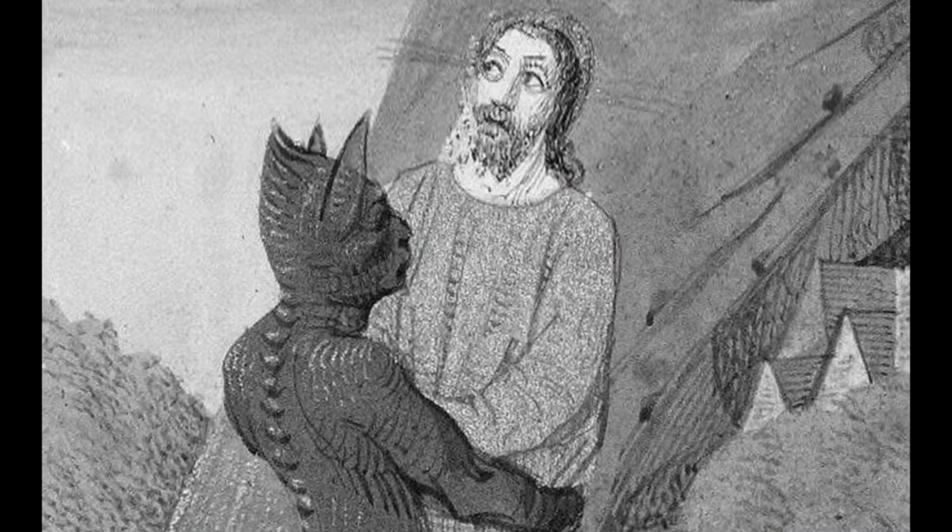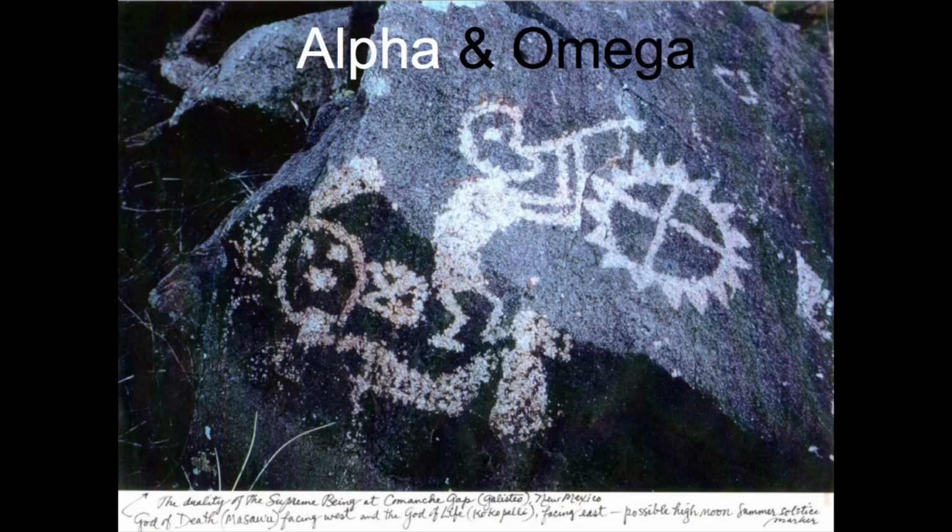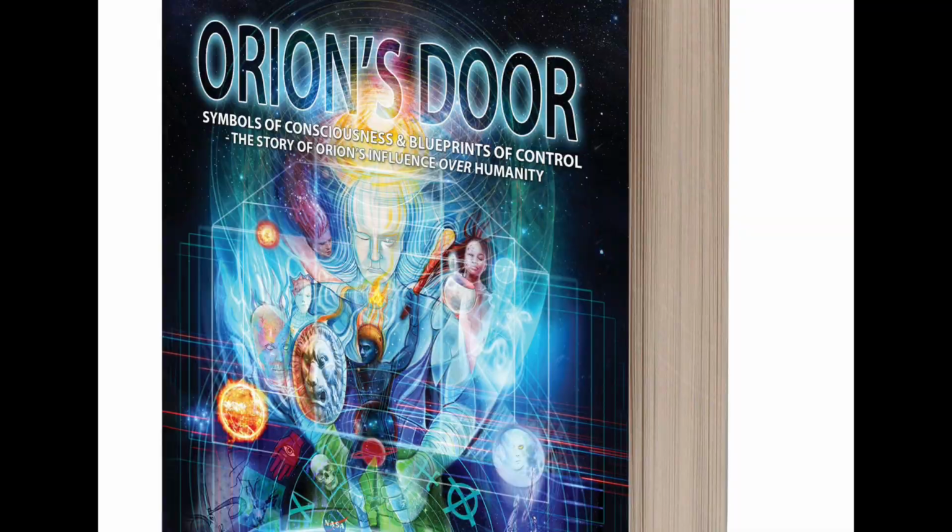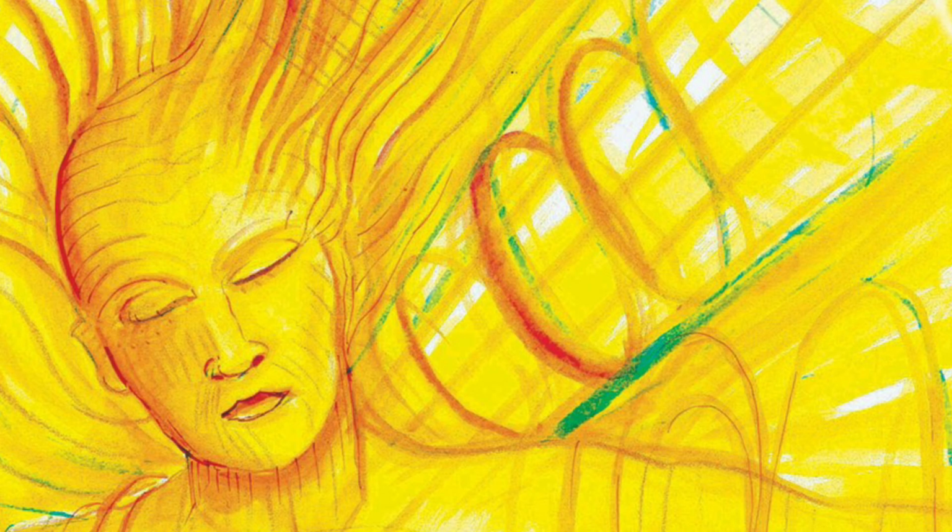When I look back at religious iconography and at some of the petroglyphs, like the symbols relating to the Hopi Indians, there is the splitting of what they call the creator, the supreme divinity, into two entities, one called Kokopelli and the other Masawa, which I talk about massively in Orion's Door in relation to Orion symbolism, which is all part of this story anyway. The splitting into two is really an aspect of the one, the divine being. So to understand the one, you have to understand the two halves, to keep it simple.